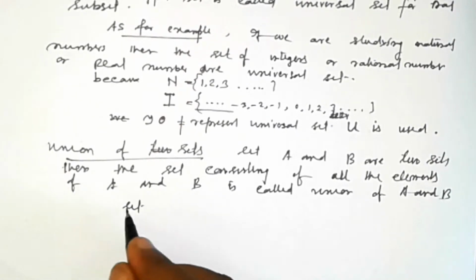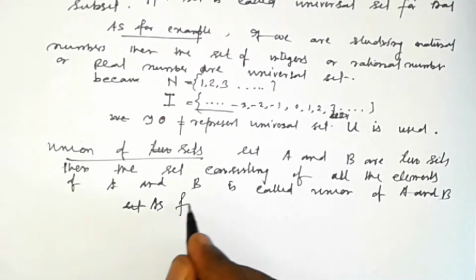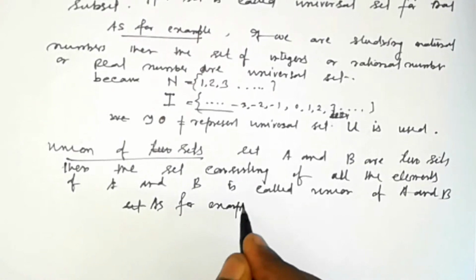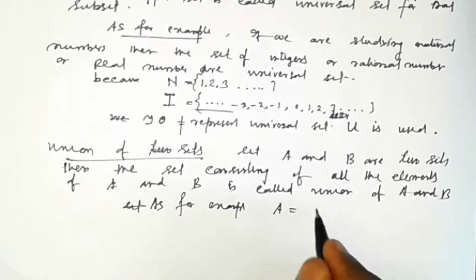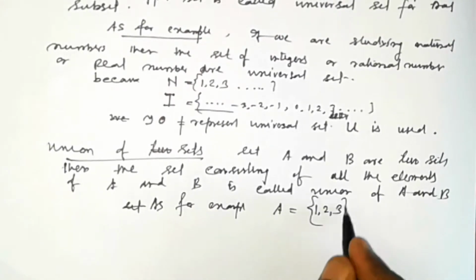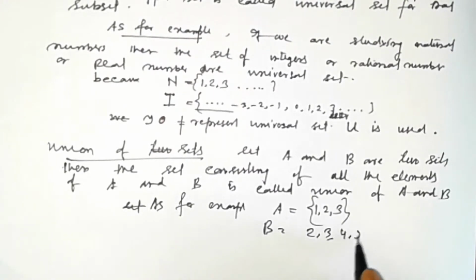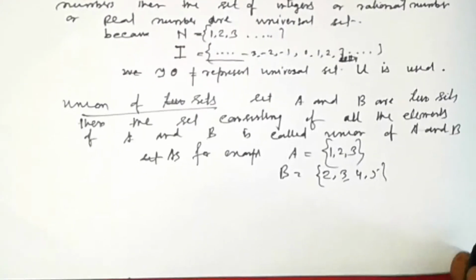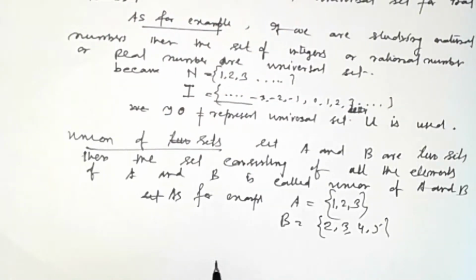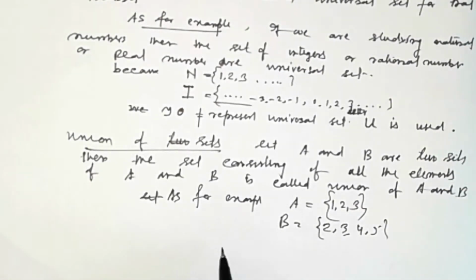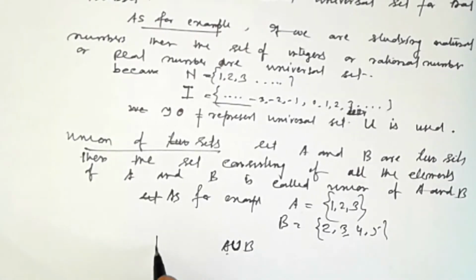As for example, A is equal to 1 2 3, B is equal to 2 3 4 5. Now A union B. Note that A union B is denoted by a symbol to represent A union B. Now A union B